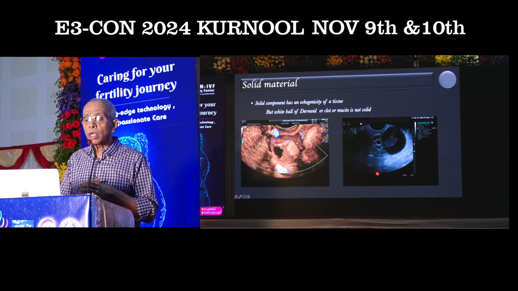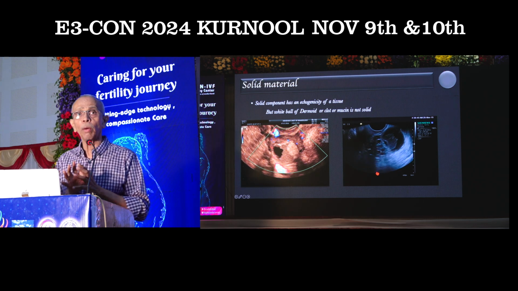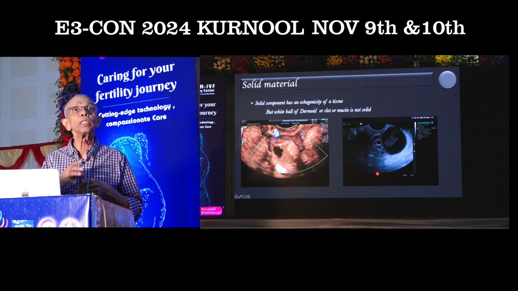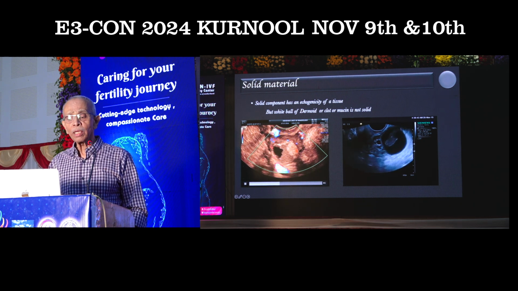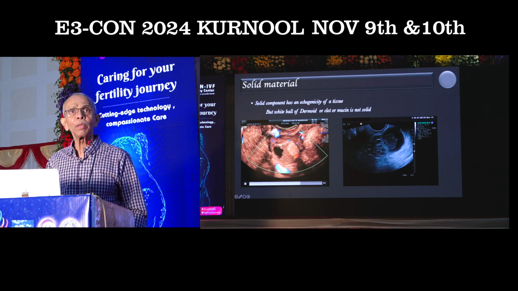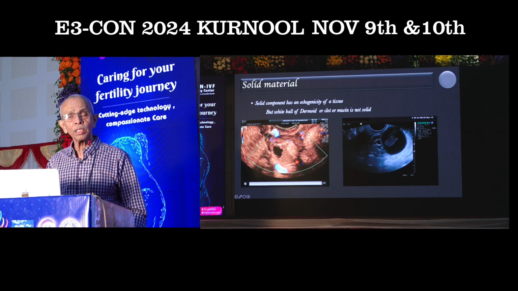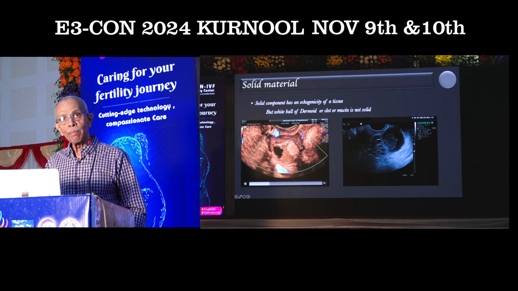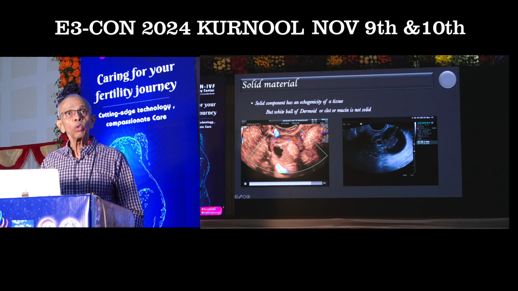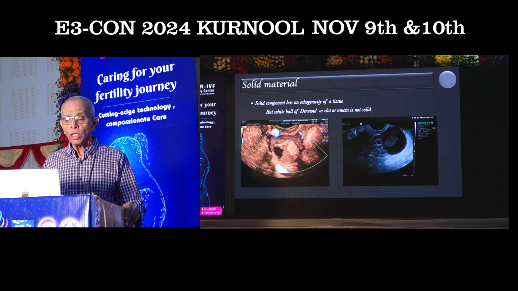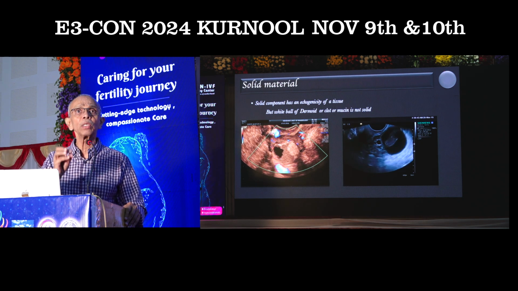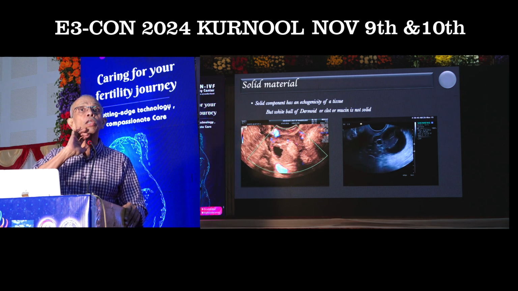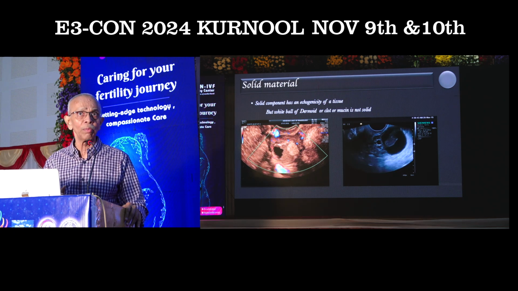Now, coming to what is a solid component. A solid component is nothing but an echogenicity of the tissue. So if you say this is a classical example, someone tell me what this classical example is of? You have a well circumscribed cyst, you have a cystic component, you have moderate echoes, and then you have a white ball. So this is a classical dermoid. This sort of white ball which is seen in the dermoid is basically because of the fatty tissue, and it is not called solid. That is one thing which you have to remember very well.